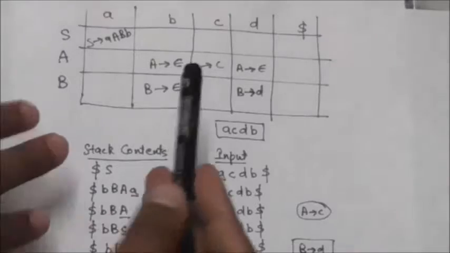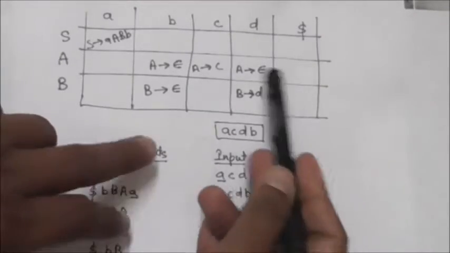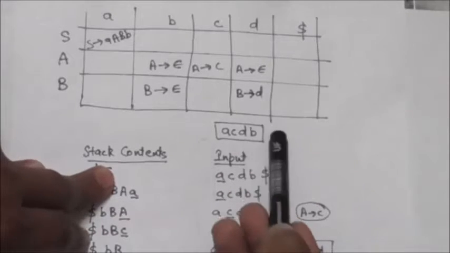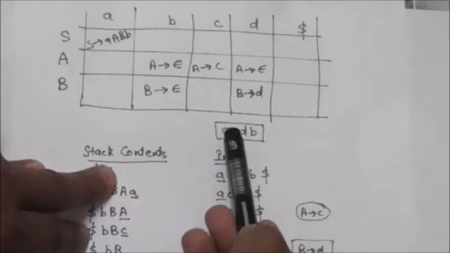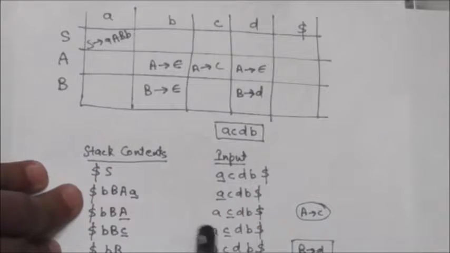Now see here, see this parsing table. This is the parsing table of a predictive top-down parser, and here we have to do the syntax analysis of this string of terminals A, C, D, B. So what we will do,